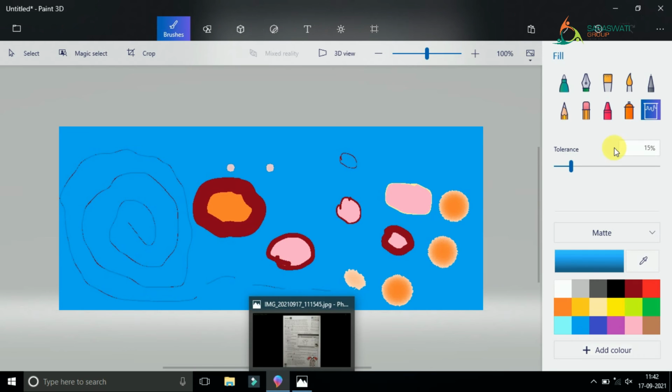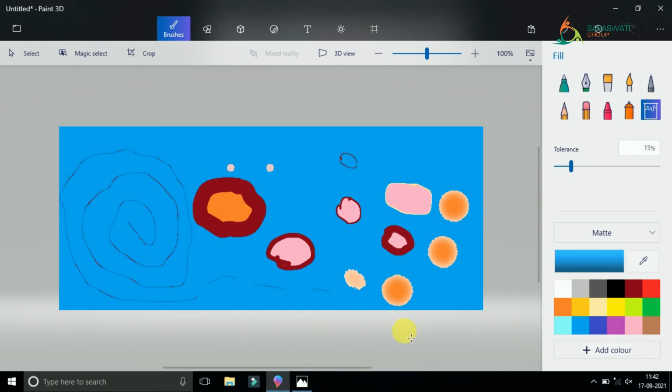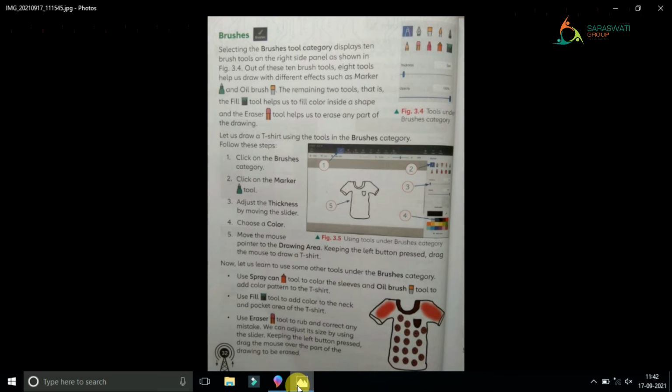Right, now use eraser tool to rub and correct any mistake. If you want to do any kind of changes, you can use the eraser tool. We can adjust its size by using the slider. Suppose I want to erase all these things.